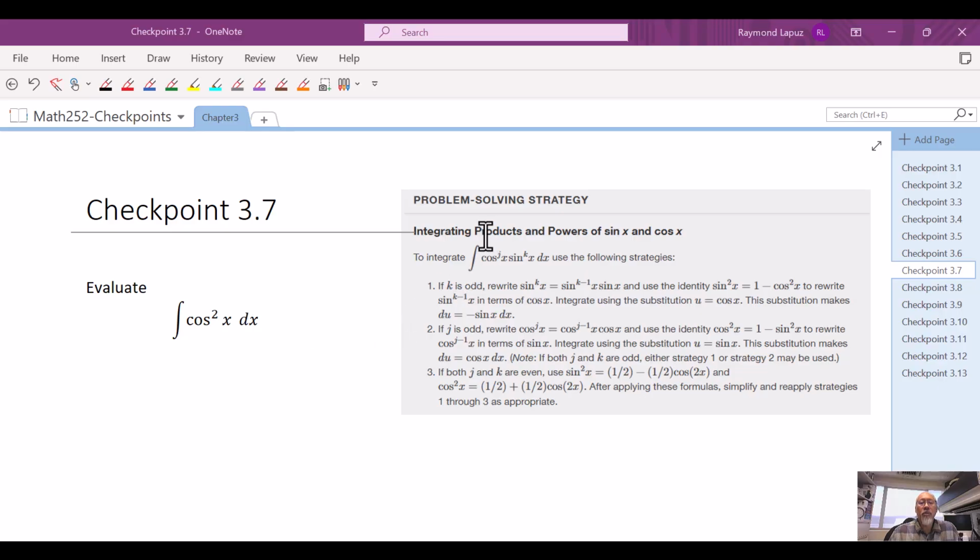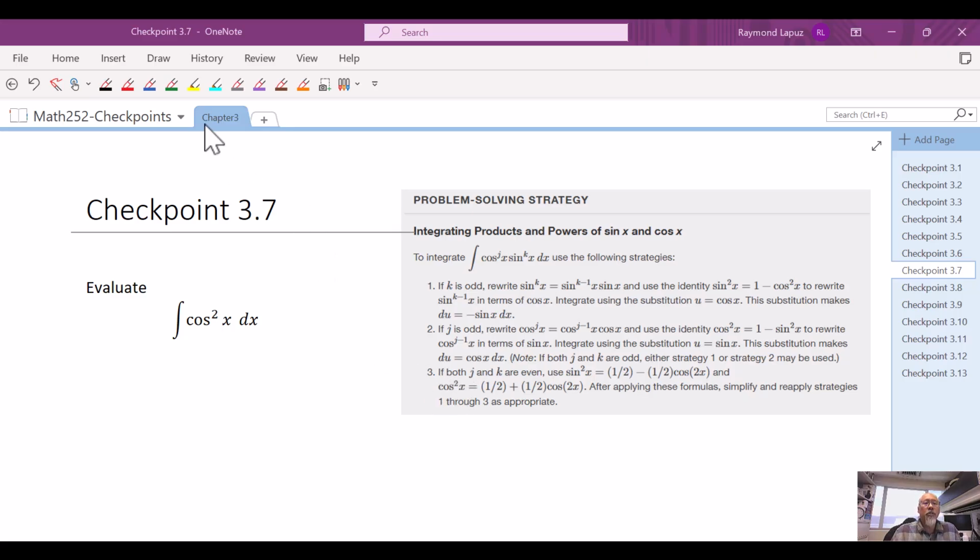So our problem-solving strategy tells us that if we have an odd power for either a sine or a cosine, then we can do some simple u substitution. But if the powers for the sine and/or cosine are even and only even numbers, then we're going to have to use a different formula. So this will require the double angle formula or half angle formula,